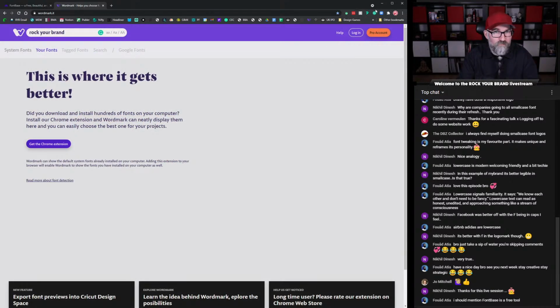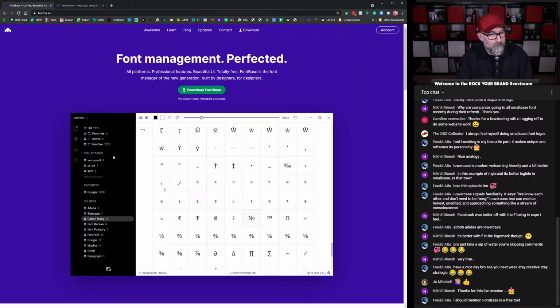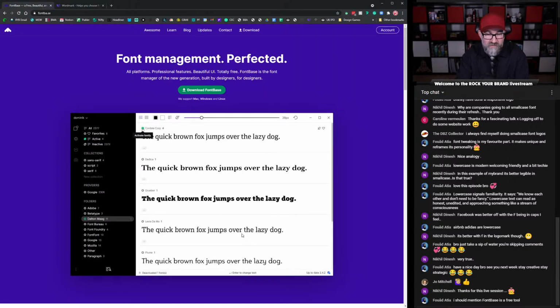So I much prefer, this is good if you're maybe using a computer that's someone else's and you just want to find out what fonts are on it. But I would much rather use Fontbase. As Fuad has said, it's free anyway, and then you just pay the money if you want to upgrade to the additional functionality, like Creative Cloud.